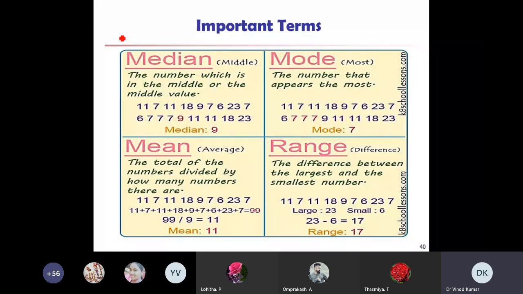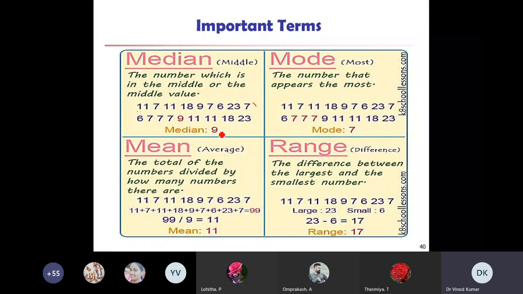Okay. So what is the median? Median is the middlemost element. If I arrange these elements in ascending order, like 6, 7, 7, 7, 8, 9, then which one will be the most centrally located point, that will be treated as the median.